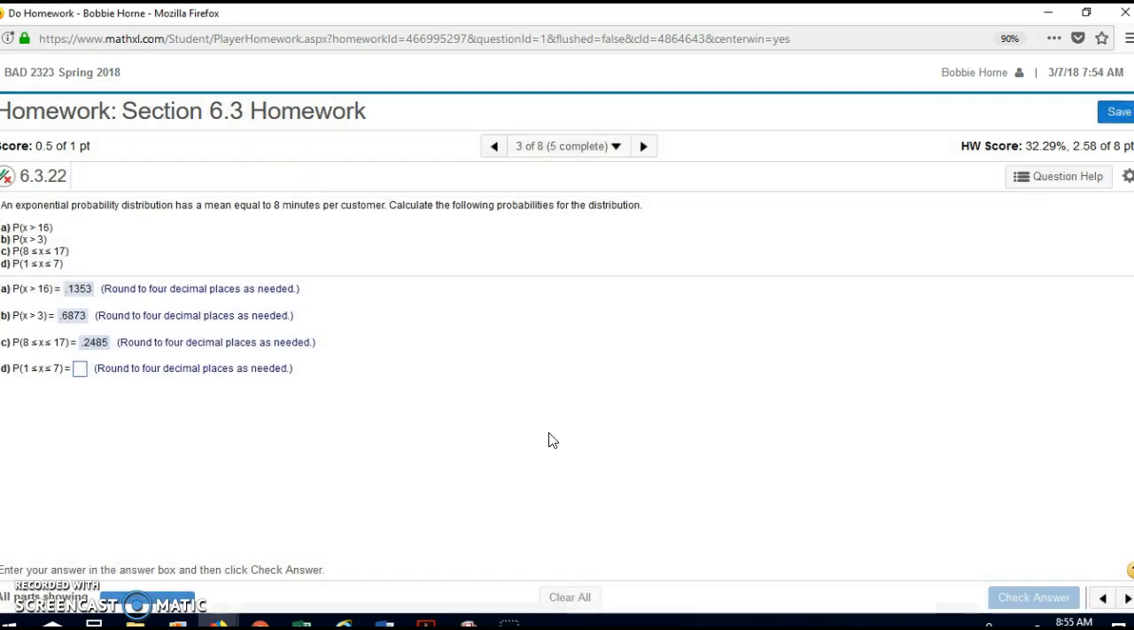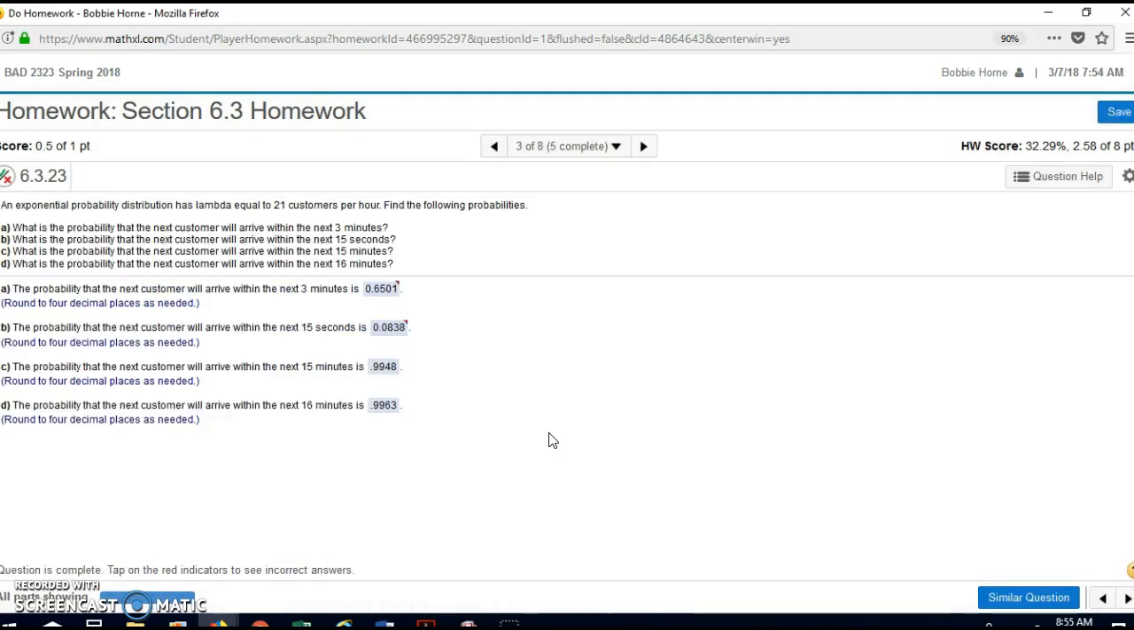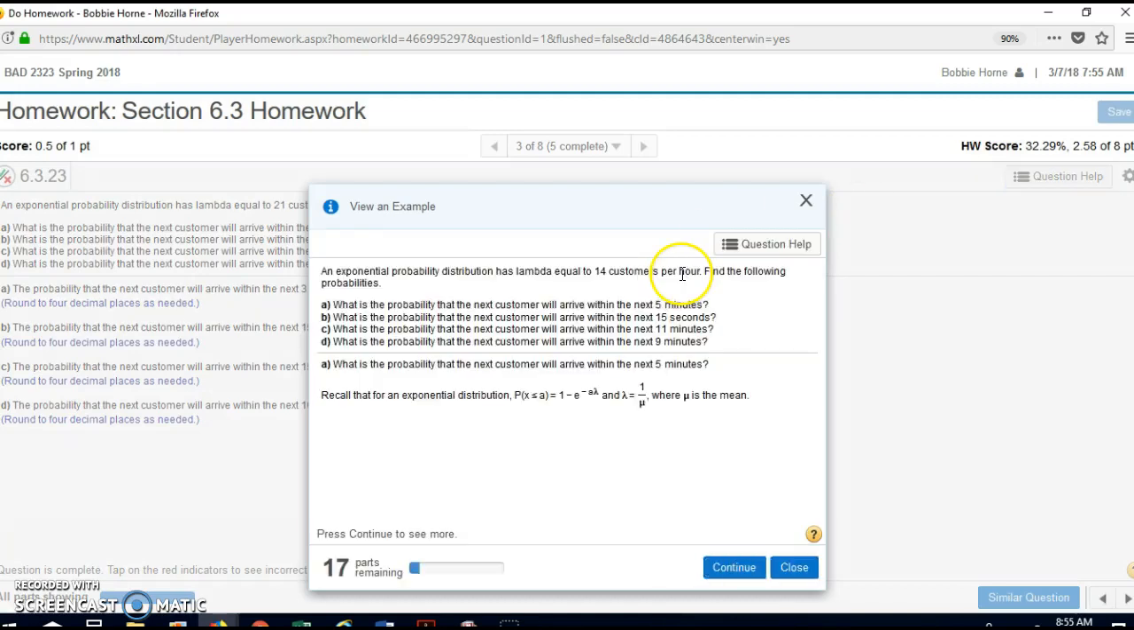Alright, moving on to, I believe question number 3, where they say, okay, we want to see if you can work this by hand. So they kind of threw us for a loop here. An exponential probability distribution has lambda equal to 21 customers per hour. Find the following probabilities. So first of all, what you need to do is